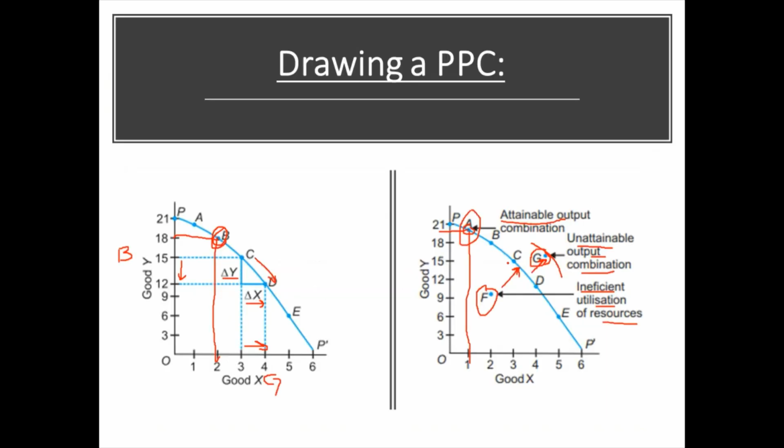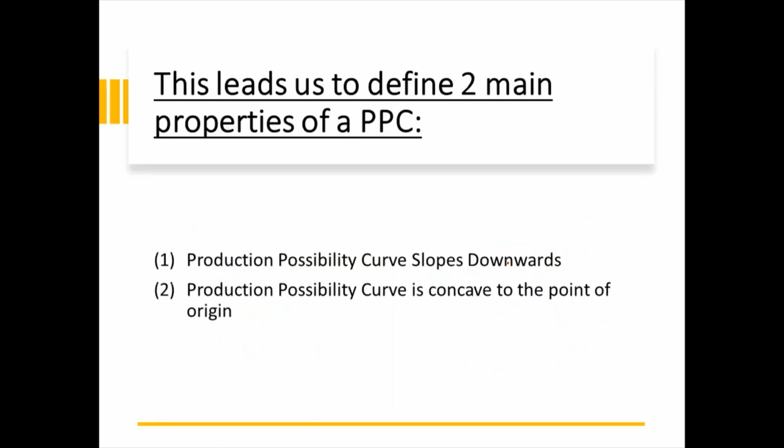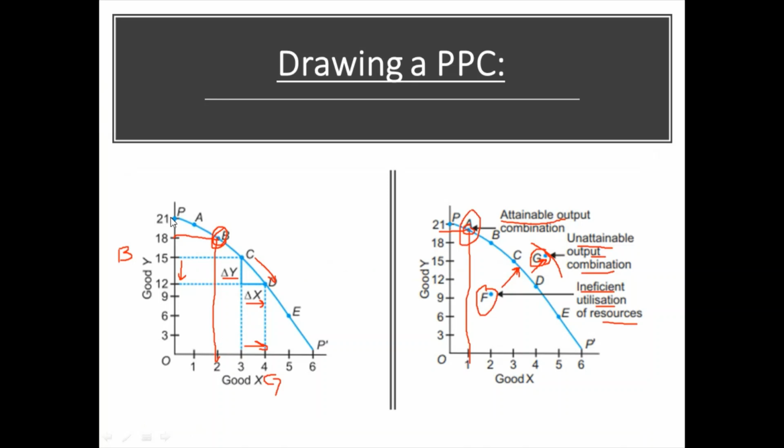Now these diagrams that we saw actually help us in defining the two main properties of a production possibility curve. The first one is that it slopes downwards. Right, now if we look at the previous production possibility curve, this is sloping downwards from left to right. Okay, now the main reason behind this is full employment of resources. There is full employment of resources in the economy, and thus our production curve, or the PPC, is sloping downwards